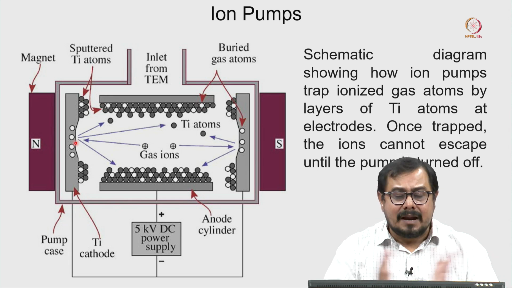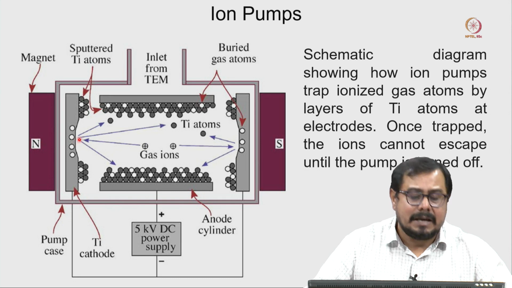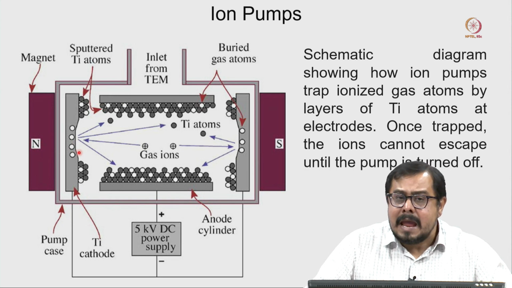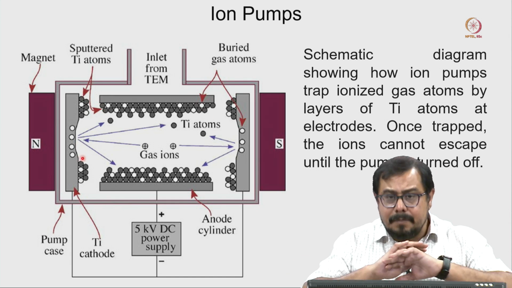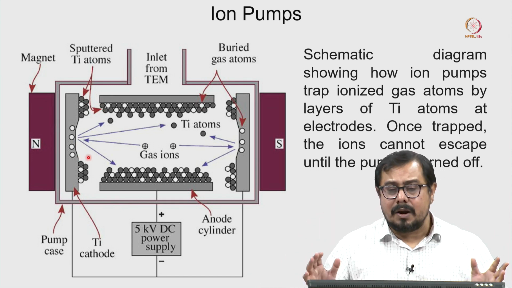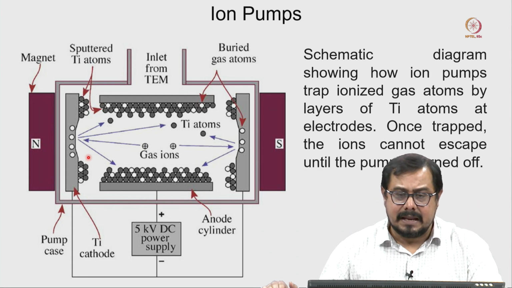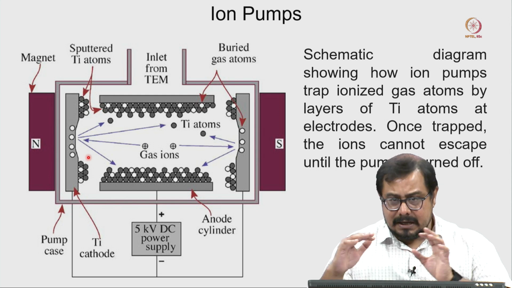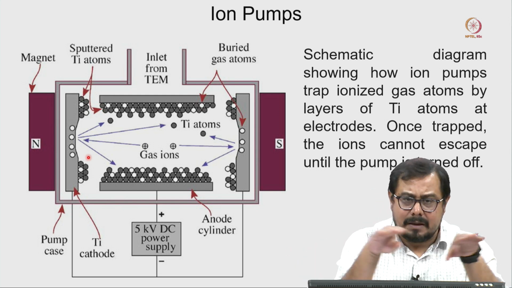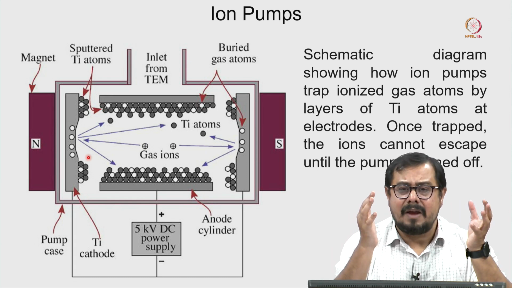Now, if we start this ion pump at normal atmospheric pressure, there will be so much gas that it will be ionized and interact with those titanium ions, and the titanium will be completely exhausted by those gas molecules. So, that is one of the reasons we cannot start the ion pump at the beginning. We need a little time, until we reach a certain vacuum, 10 to the power minus 5 torr or 10 to the power minus 6 torr, where we have a very high vacuum.